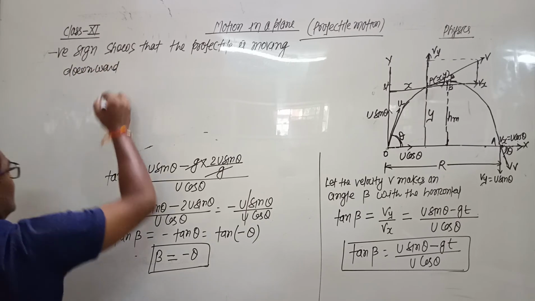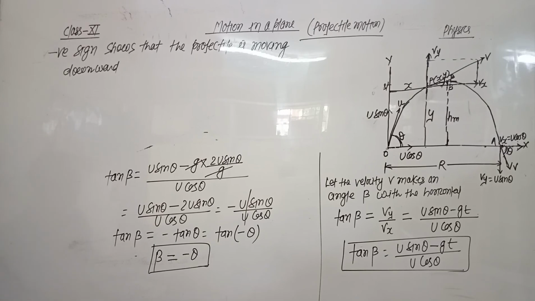At point A, the angle minus theta shows that the projectile is moving downward. Thus in projectile motion,